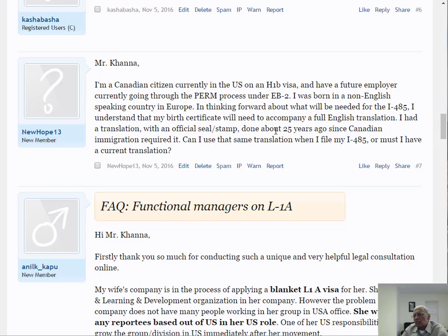So let's say I know French and I speak English. There's a French document, I can translate it and put a couple of lines in the back end saying, I, Rajiv Khanna, do hereby certify that I am proficient in both the English and the French languages, and that I have translated the foregoing document accurately, truly, and to the best of my ability. Signed, dated, name, and address. Anybody can do that. It doesn't have to come from any official source.